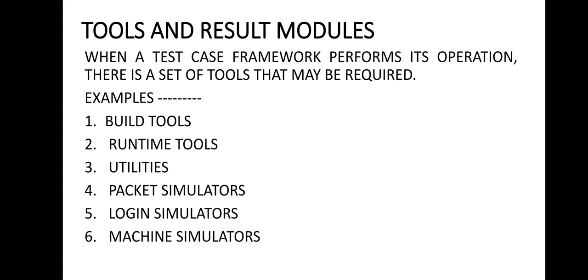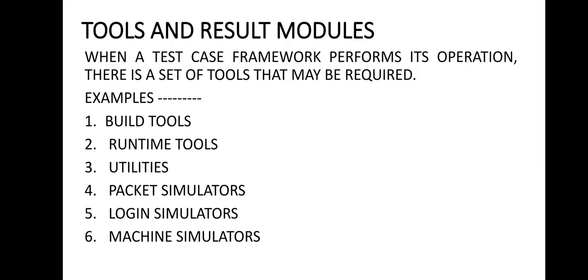So students, when a test framework executes a set of test cases with a set of scenarios for the different values provided by the configuration file, the results for each test case, along with the scenario and the variable values, have to be stored so that we can analyze them in the future and take action. The results that come out of a run by the test framework should not overlap with the results from any previous test. This is a very important factor, and you have to keep it in mind. Clear? So this is all about tools and result modules.